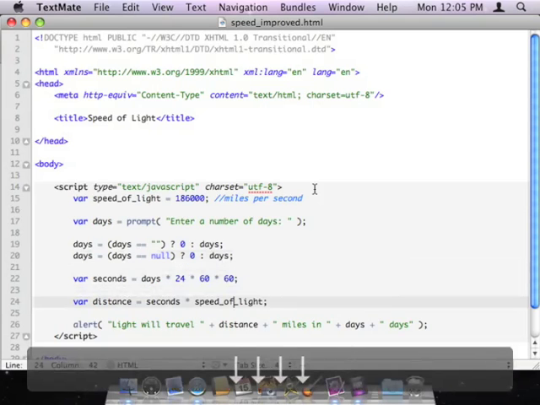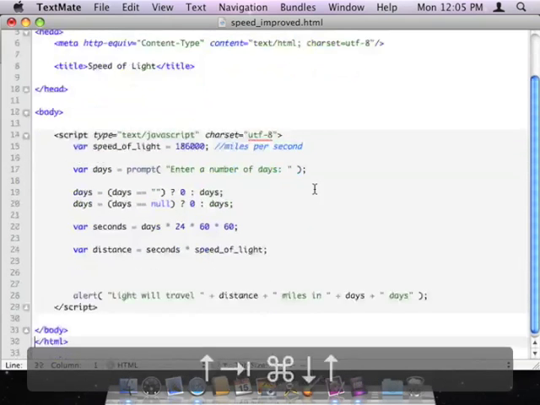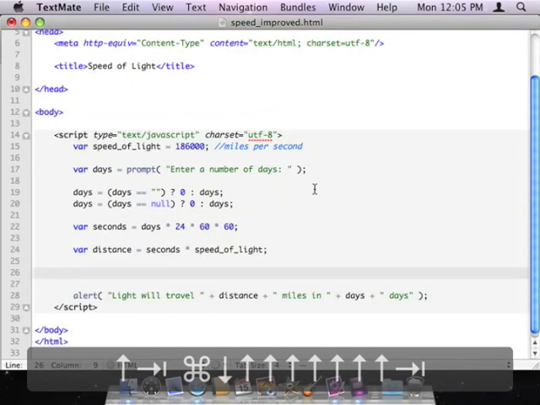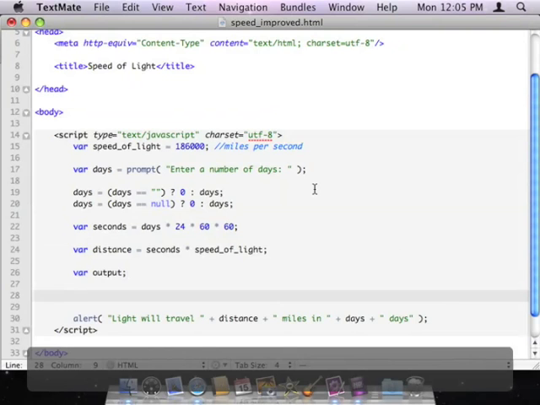So what I'm going to do for this is declare a new variable down here towards the bottom of my script before I do the alert. I'm going to call it output. And I'm going to again put together a conditional statement, and this conditional statement is going to help us decide what the value of output is going to be. So basically what I'm going to say is if the value of the days variable is equal to 0,